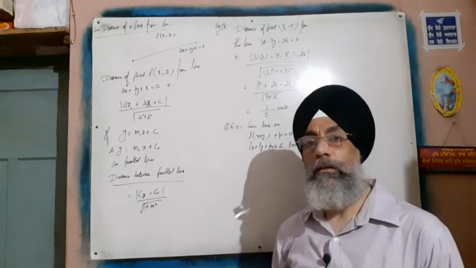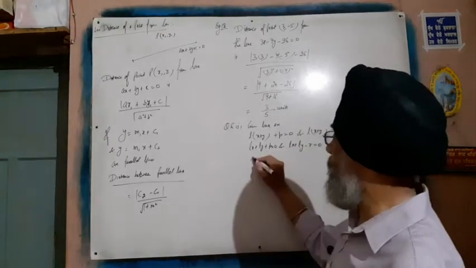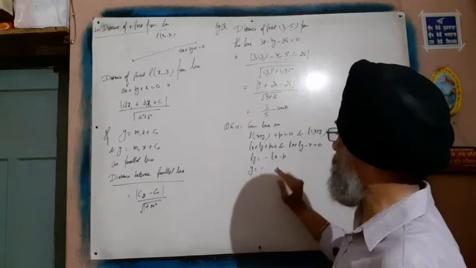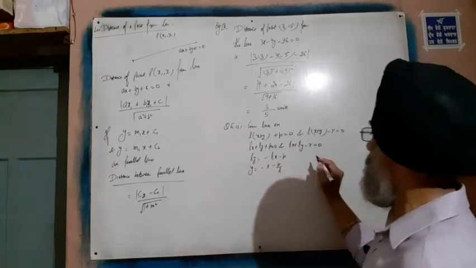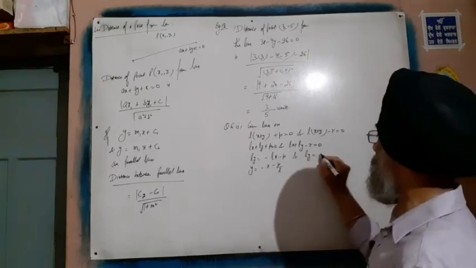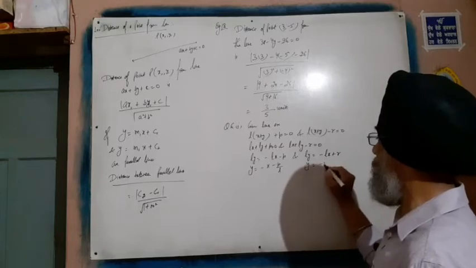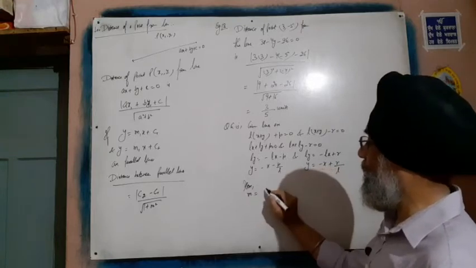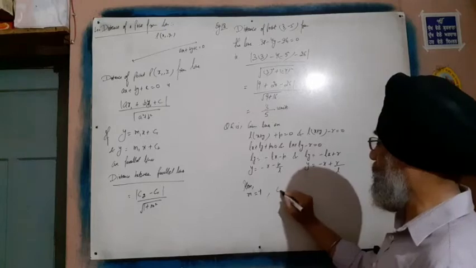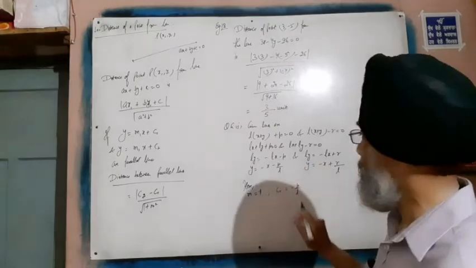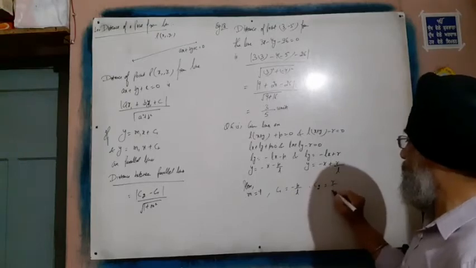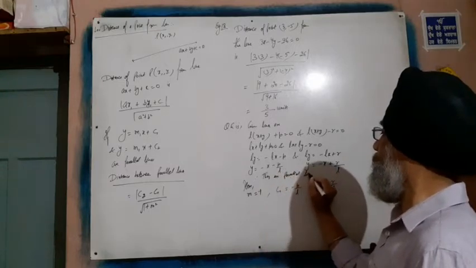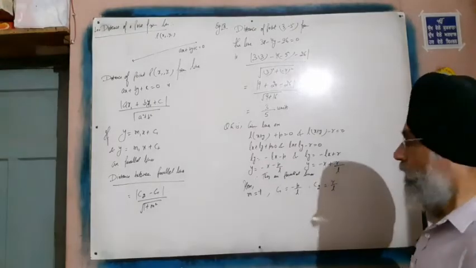First of all, we convert them into slope intercept form. Ly is equal to minus Lx minus p, y is equal to minus x only, since L gets cancelled, minus p upon L. Ly is equal to minus Lx plus r, y is equal to minus x plus r upon L. So here m is minus 1 in both cases, and in y is equal to mx plus c, c1 is minus p upon L and c2 is r upon L. They are parallel lines, we can see why, because the slopes are the same here, that is minus 1.